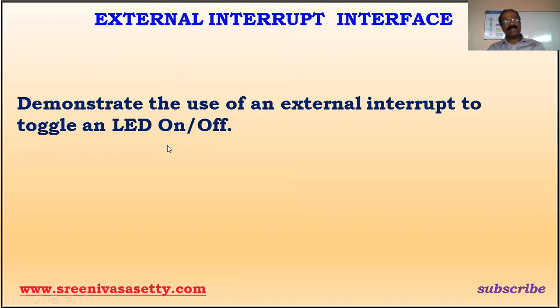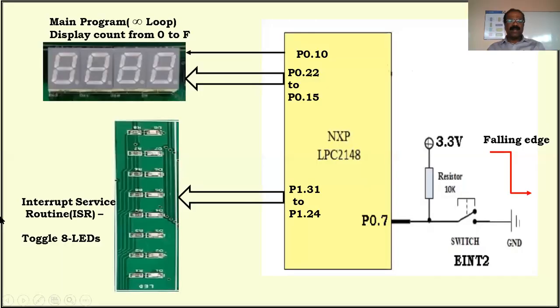So in the previous lecture, we discussed how to interface LCD, LED, stepper motor, DC motor, and so many other things. This is another very important topic: external interrupt. That's the interrupt interface. Now, what exactly is the meaning of interrupt? In the case of interrupt, we are able to execute more than one task at different intervals of time.